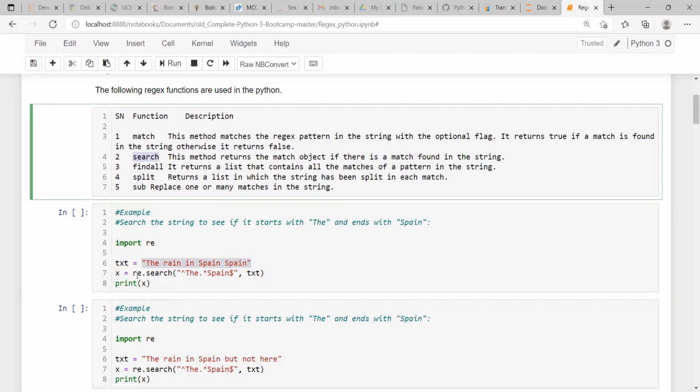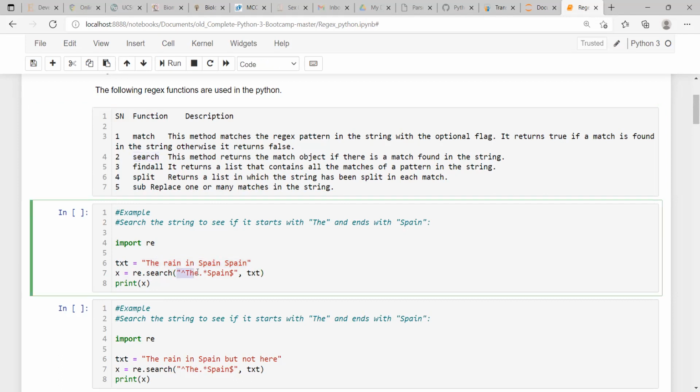So we write re dot the function name, that is search, and within parentheses, within quotes, the regular expression pattern we are constructing, then after a comma we write the string, that means this txt. This search operation will be performed on this string only, and whatever output there is will be stored in this x variable. Then we are printing x.